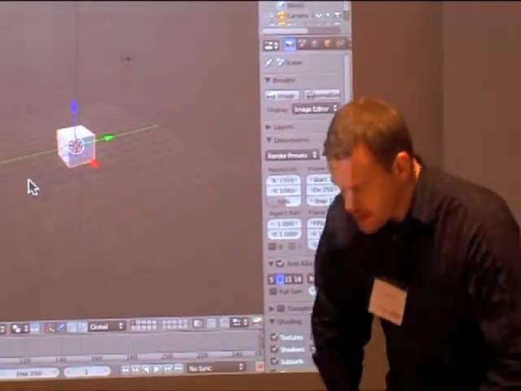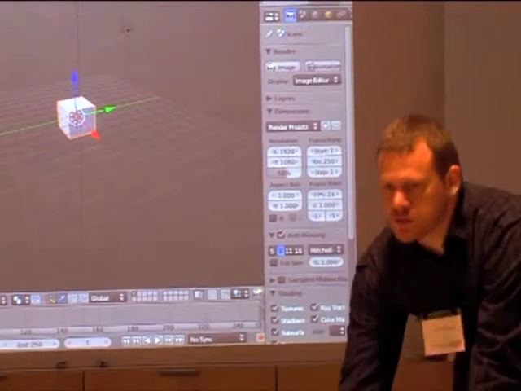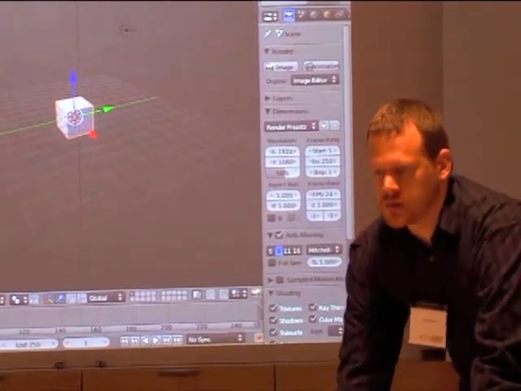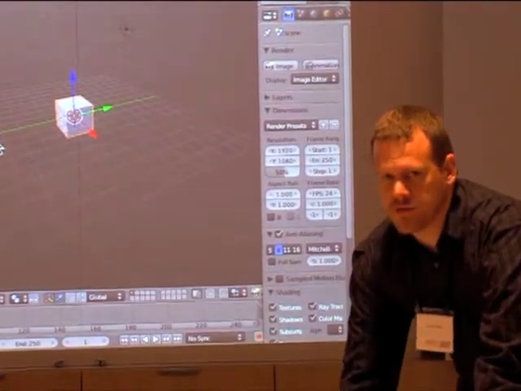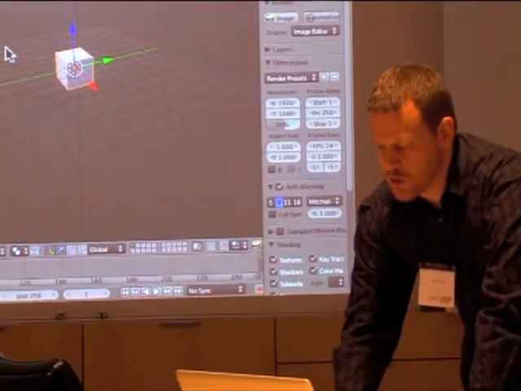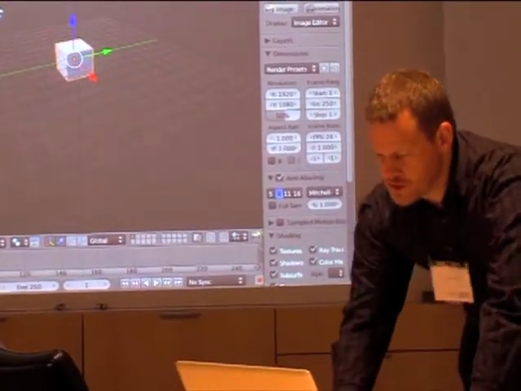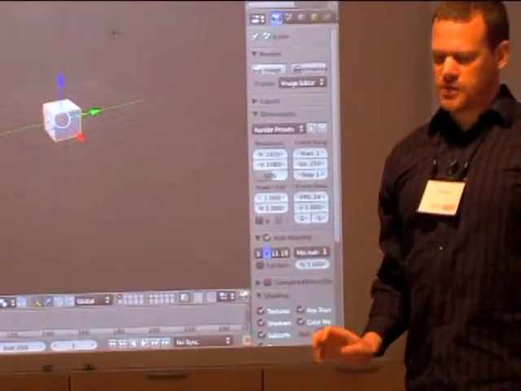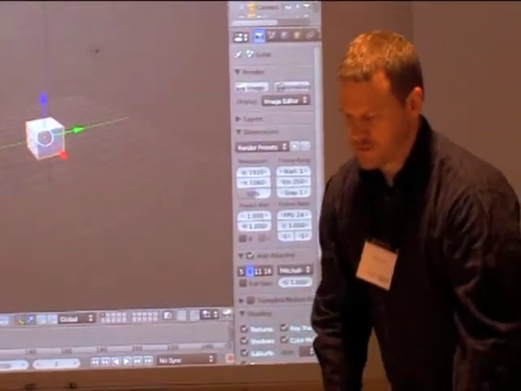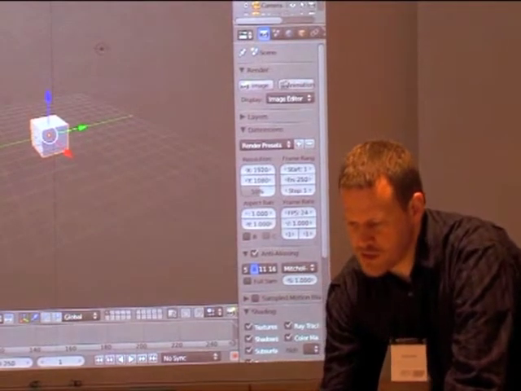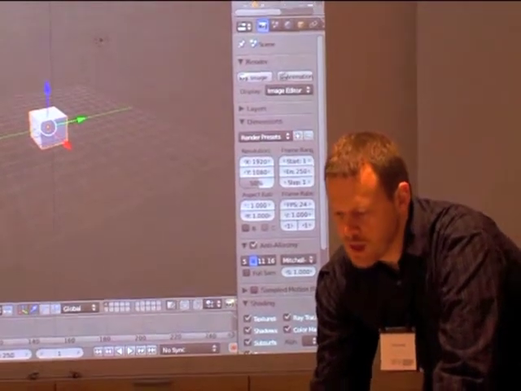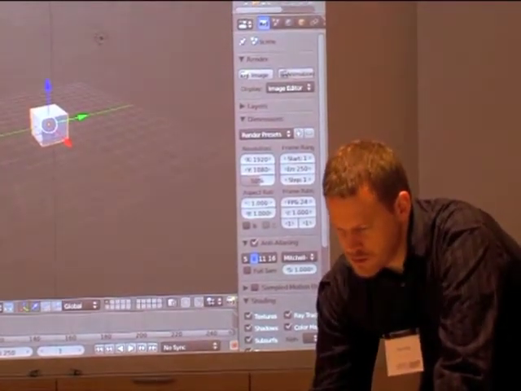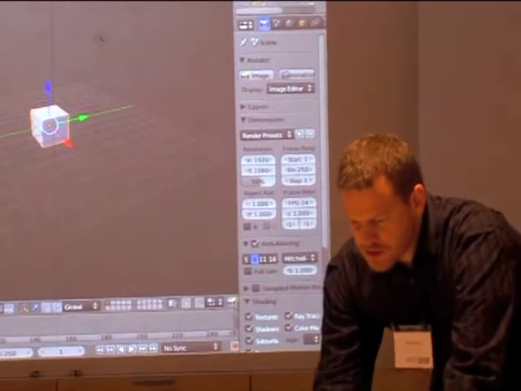Okay, so the first couple of things we want to do, especially if you're working on a laptop or a mouse that doesn't have 3 buttons. One of the main features of Blender is that it was originally designed to be used effectively with a 3-button mouse, but there are certainly ways to get around that. I've done most of my work on laptops, both PC and Mac. Okay, let's see. So the first thing we want to do is